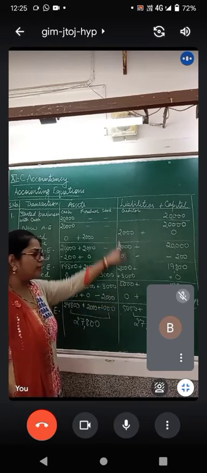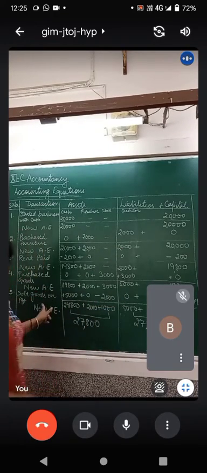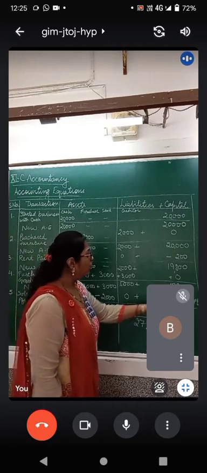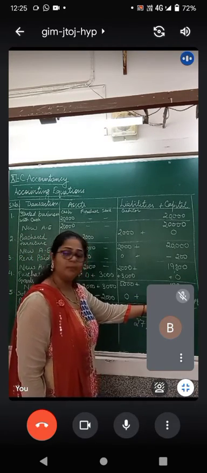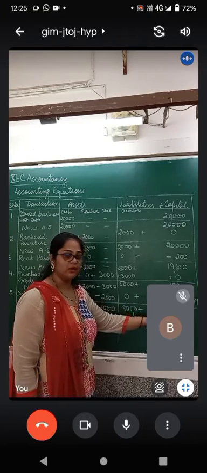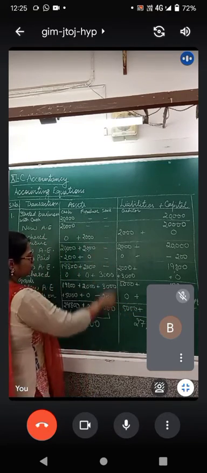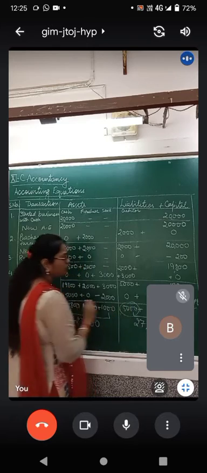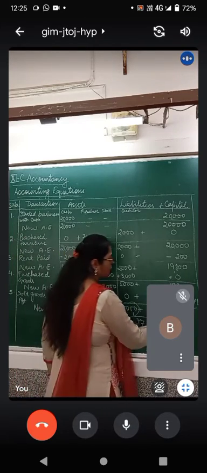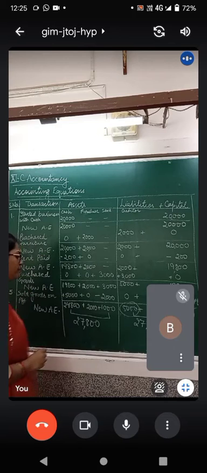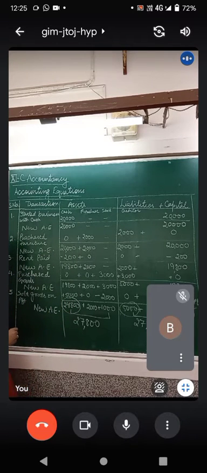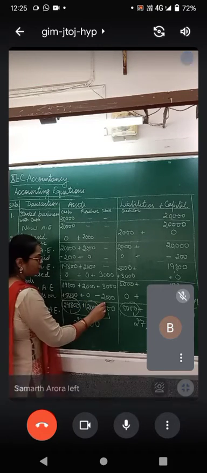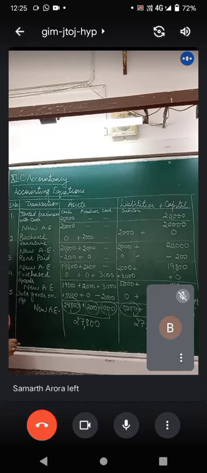Here, creditors remain unchanged because it is cash sales. Also, it is added as a profit in the capital. So 19,800 plus 3,000 brings you 22,800. So the final balance of creditors is ₹5,000. Final balance of capital is ₹22,800. Final balance of cash is ₹24,800. Final balance of furniture is ₹2,000. And final balance of stock is ₹1,000.